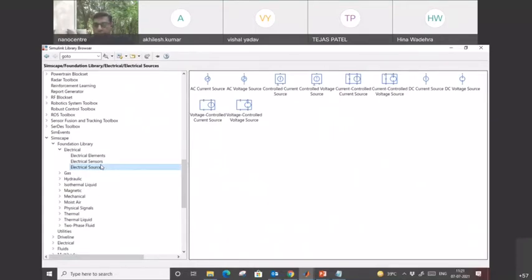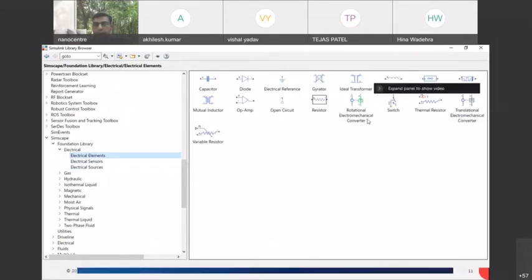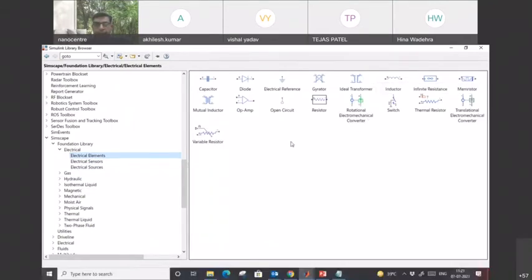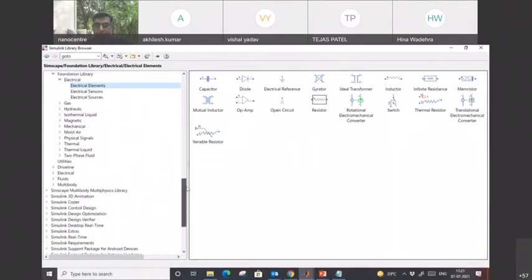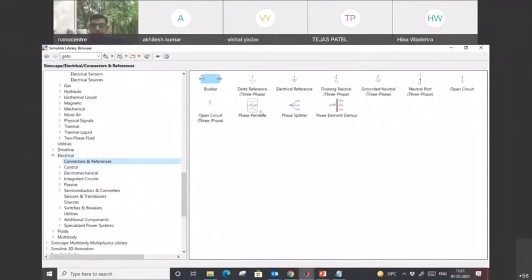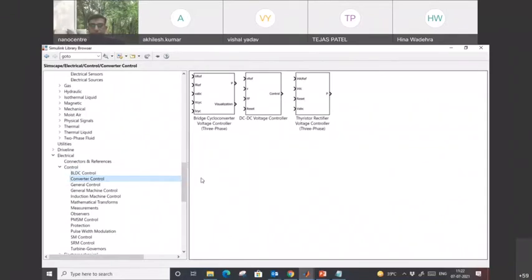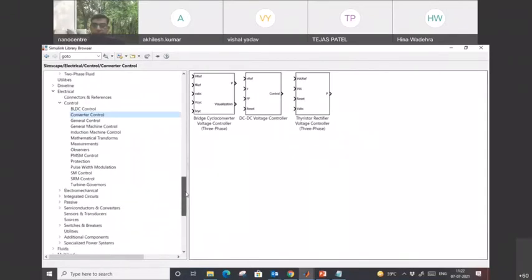If you want to design electrical with the mechanical, that is possible. We can do those things, right? And you see that there is a BLDC motor also available here, brushless DC motor, right? So if I want to use advanced electrical libraries, I will just go into this electrical one, and you see that these are the connectors available here, and this is the BLDC control. That's very important. Lots of research work is ongoing on how we can control the BLDC. And these are the converter controllers available, right?